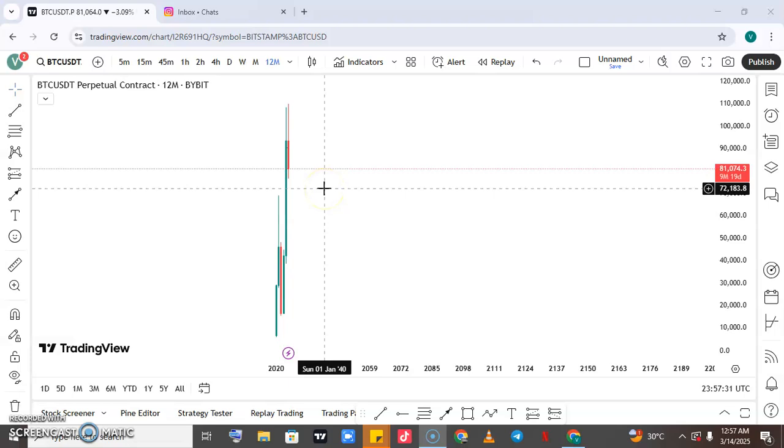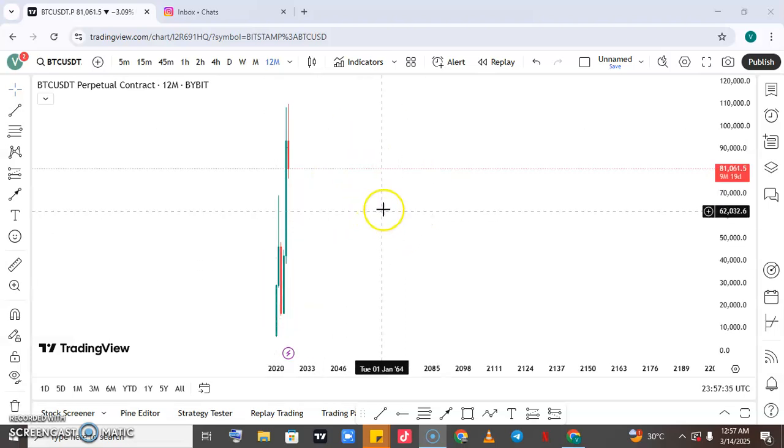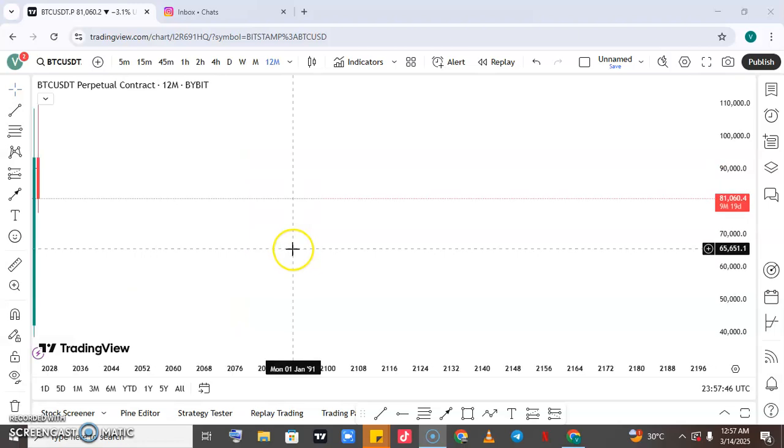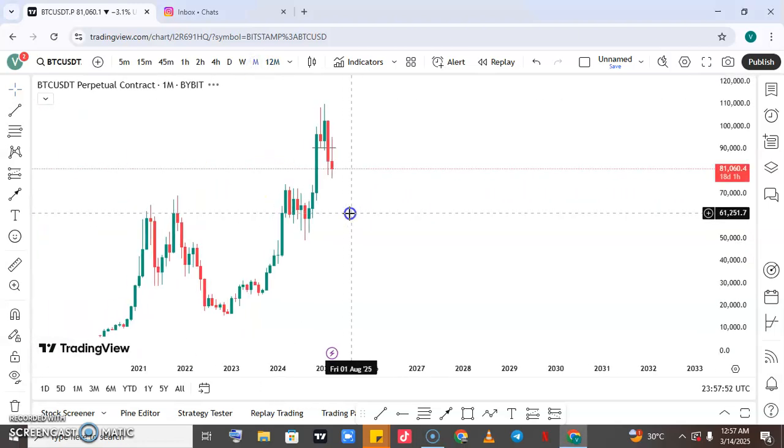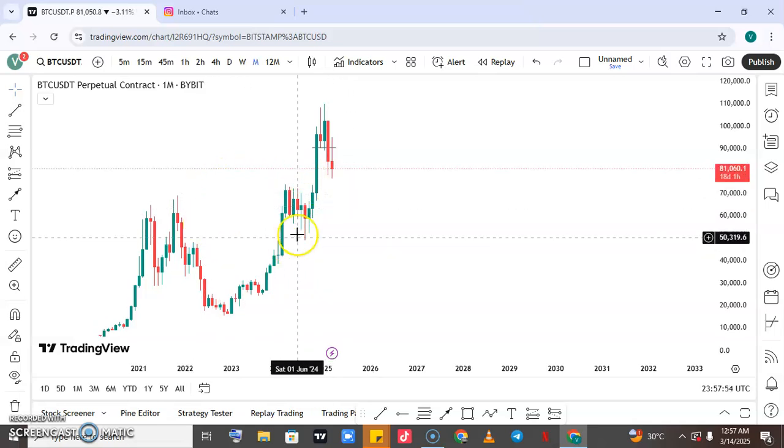I just got something this evening when I was scalping the market, and I observed something and I decided to share it with you guys. Now what did I observe? This is a yearly time frame for Bitcoin, and I told you whenever you want to take a trade on the market, always